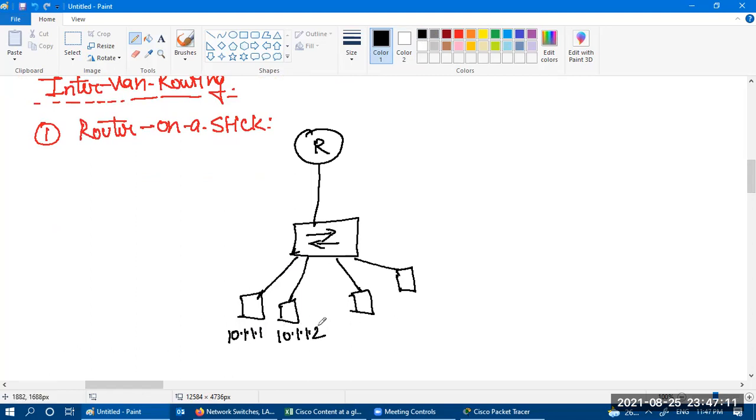In the same manner, in a different VLAN, I'm going to use a different subnet, so 10.1.2.1, 10.1.2.2. This is VLAN 10 and this is VLAN 20. VLAN 10 has a default gateway of 10.1.1.100 and VLAN 20 has a default gateway of 10.1.2.100.